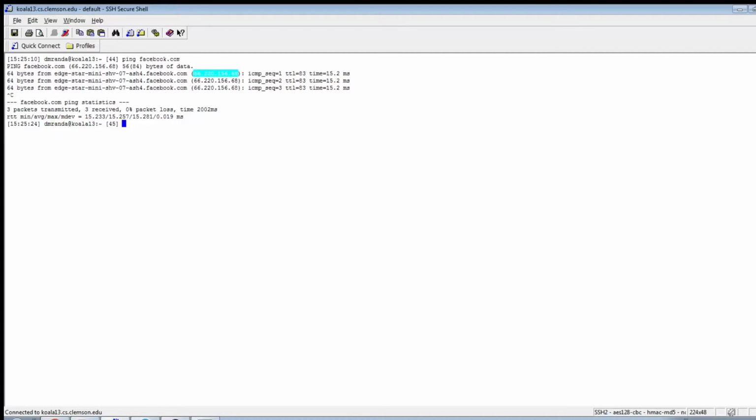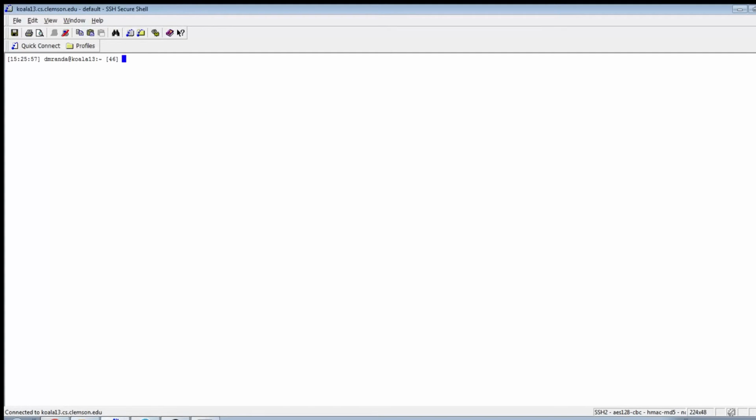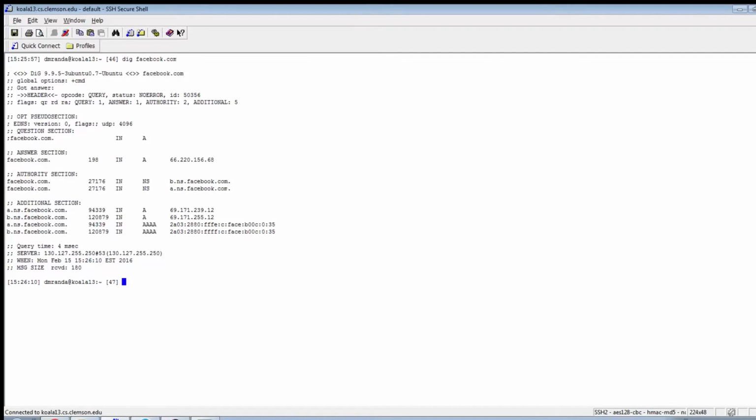And also, maybe Facebook has a lot of different IP addresses, and I might be interested in that. So I'm going to use a tool called dig, and dig basically allows me to find out its IP address and any subsidiary IP addresses. So what I'm going to do is dig facebook.com. When I dig facebook.com, as you see, a whole bunch of stuff pulls up, but the things we care about